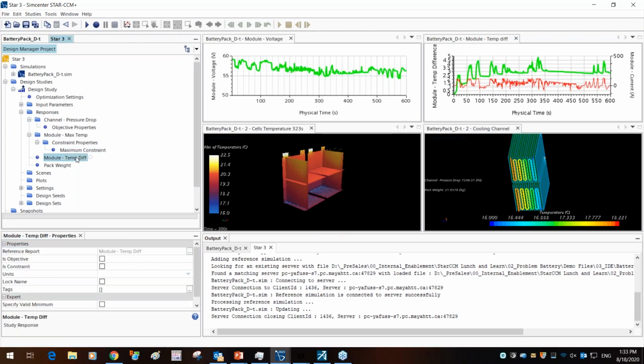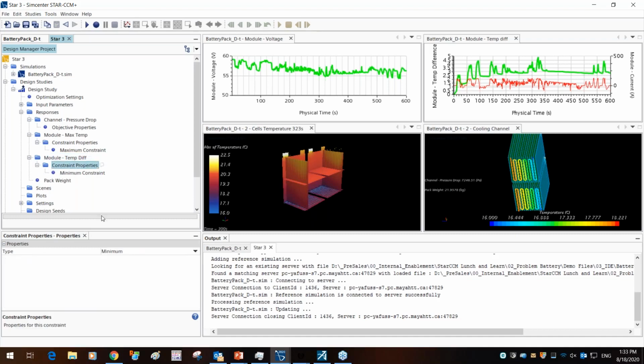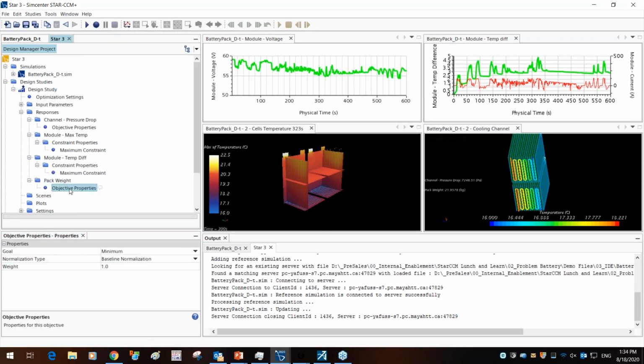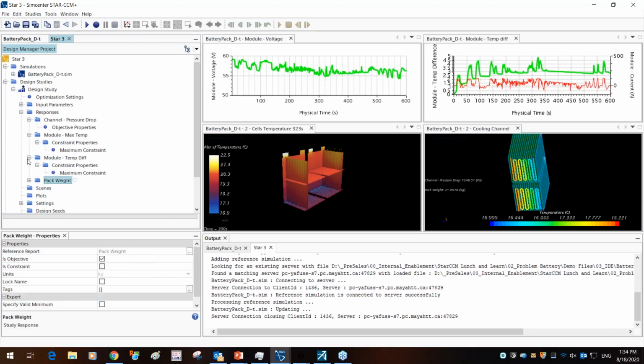And in terms of the temperature difference, this is a constraint. We want the maximum temperature difference to be less than 3 degrees. And as simple as that, we've already set up the entire study. The last thing is the objective over here is to minimize the pack weight. And now we've already set up our design study.